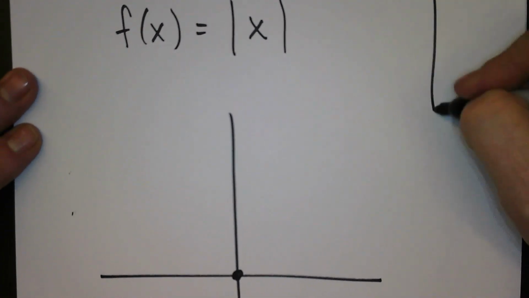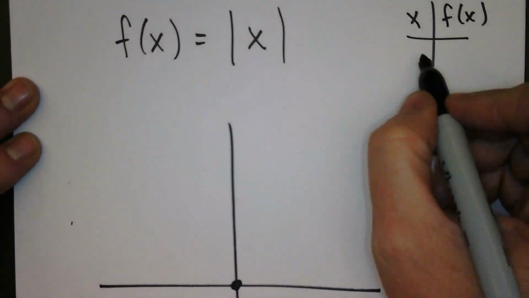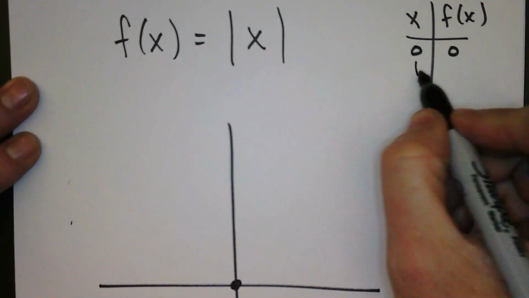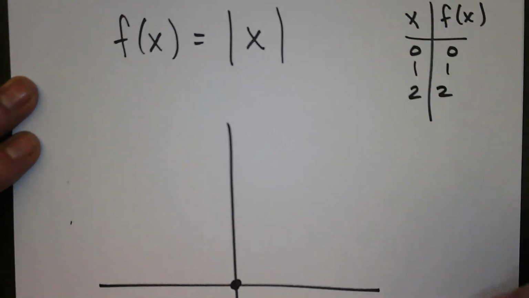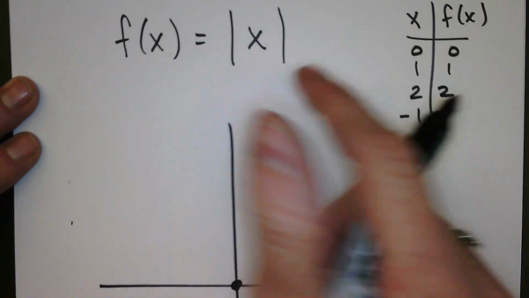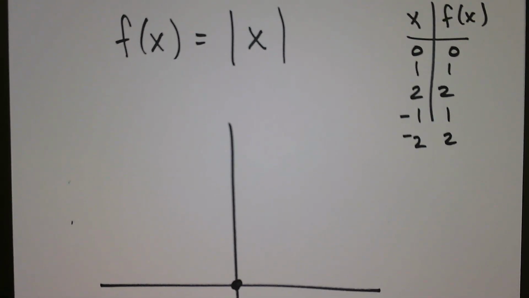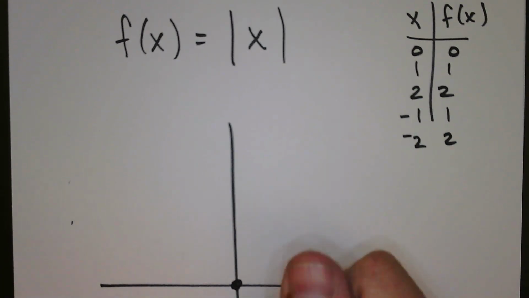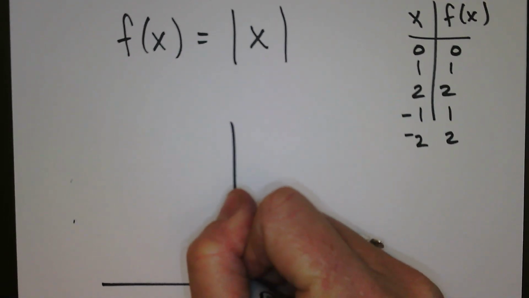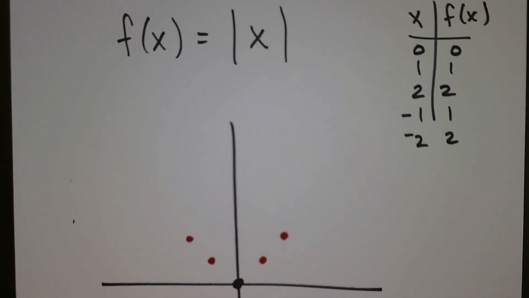And that is because, if I was to do it old school with my little t-chart, if I plug in 0 for x, my output is 0 because the absolute value of 0 is 0. I do that for positive numbers. They all end up matching: 1, 1; 2, 2. If I plug in some negative numbers, the absolute value of negative 1 is 1. The absolute value of negative 2 is 2. So that gives me these points: 1, 1; 2, 2; negative 1, 1; negative 2, 2. This graph isn't great because there's really no scale on it,